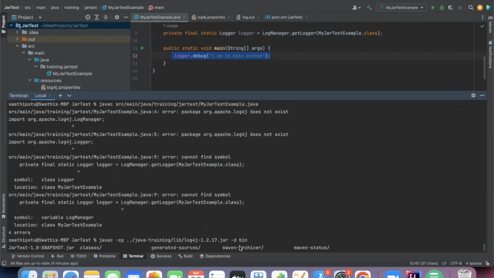Okay, I will give bin. Bin, I have deleted it. Bin, I will give it, and here actually it will go there. And what class actually am I trying to execute? src main Java